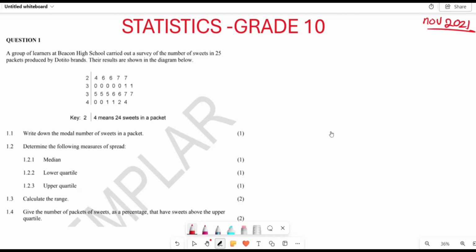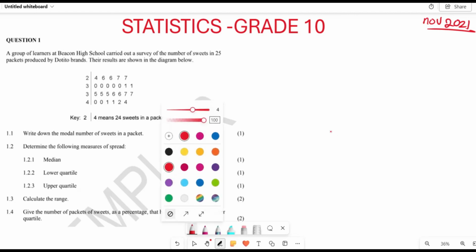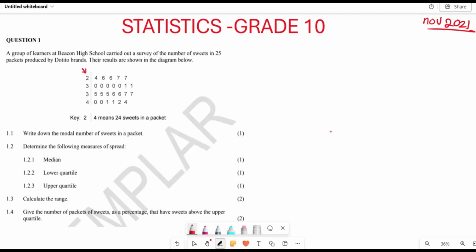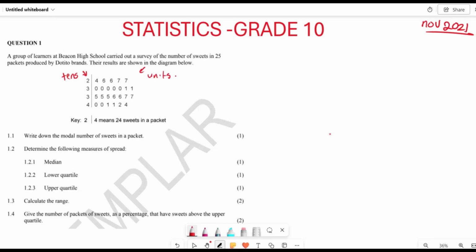Our stem and leaf diagram simply means that the values here represent your tens, in this case they represent your tens, right? And then on this side, they represent your what? Your units. 1.1. Now they want us to look at what is going to be the modal class